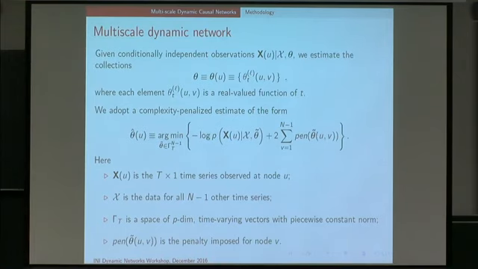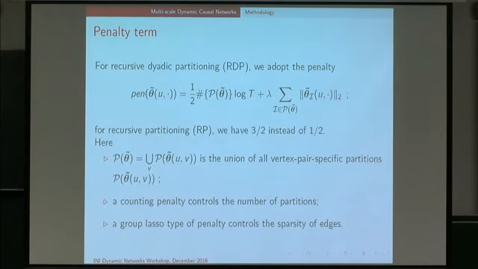And then this penalty here is going to have 2 pieces. It's going to have something that's penalizing the number of change points that we make. So this is very much like we had last time. And it's going to now have another penalty, which is within each interval defined by the partition corresponding to a candidate estimate theta tilde, we're going to look at a penalty penalizing the norm of that vector of dependencies. And so this is a group lasso penalty, and this is a counting penalty. This is penalizing networks not getting too complex if they don't need to be. This is penalizing not making too many splits in time if you don't need to.